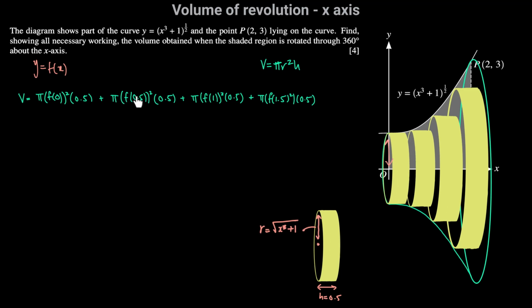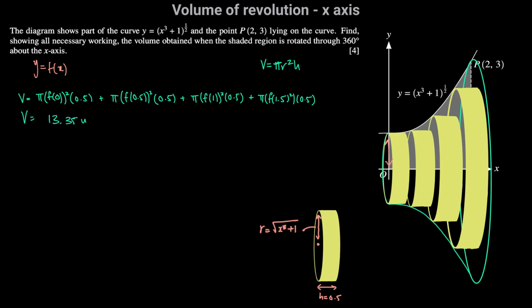So we have pi times f of 0.5 squared times the height again, which is 0.5. For the third disc, x is equal to 1, so the radius is f of 1. So we have this expression for the volume of the third disc. And for the fourth disc, x is equal to 1.5, so the radius is f of 1.5. And if we add up all of these volumes, we can get the volume as approximately